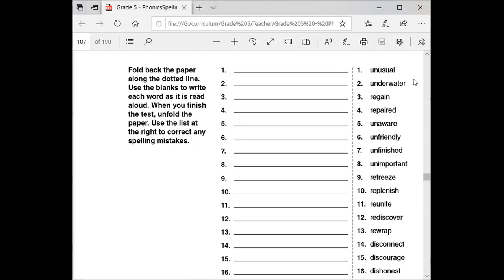Unusual, underwater, regain, repaired, unaware, unfriendly, unfinished, unimportant, refreeze, replenish, reunite, rediscover, rewrap,